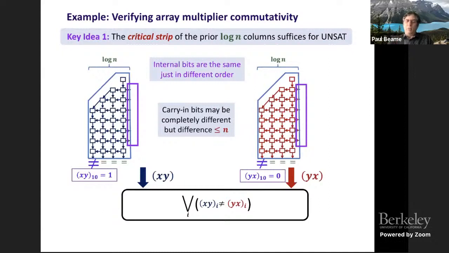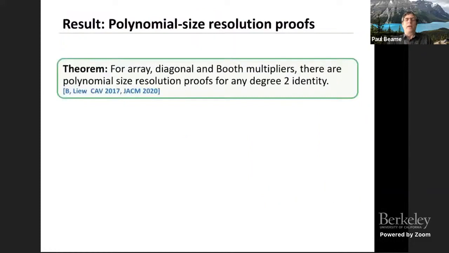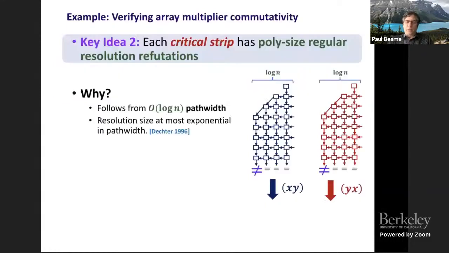And so now the one other thing we need is that each critical strip has a polynomial size regular resolution refutation. And this is because this graph has log n path width. In fact, it's a simpler proof than general regular resolution. It's ordered. There's a fixed order in which you can do the resolution on every path, and that's polynomial. And that result goes back to Dexter in